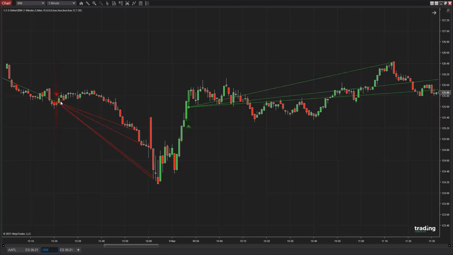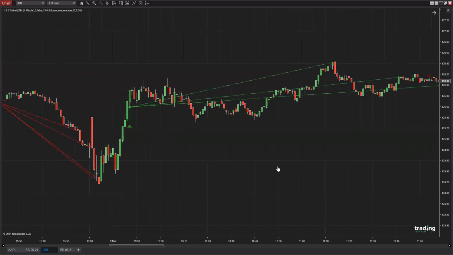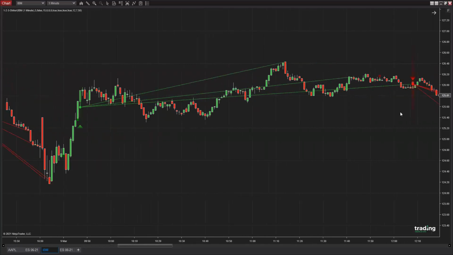Basically, they connect an exit signal with the entry signal. In this case, I've set up this indicator that for each entry, I want to scale out of my position in 6 different partial exits, as you can see here. A complete exit is also done when an opposite signal occurs. So in this case, you may not have 6 partial exits, but you may get completely out of your position when an opposite signal occurs.